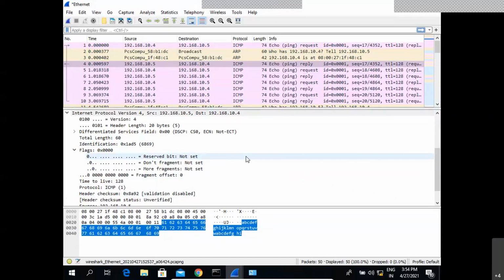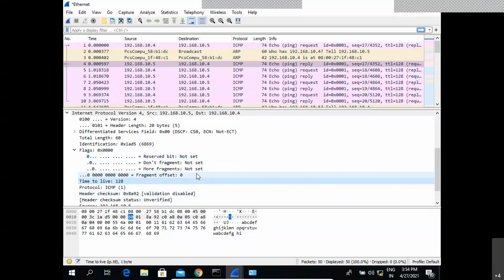If there is fragmentation, again there is a dependency on the fragment offset also, right? And another parameter that is very important with respect to the IP layer is called the time to live. This is also one such parameter that is used, and even in the scanning techniques we will use the time to live, which we'll discuss in the coming sections.